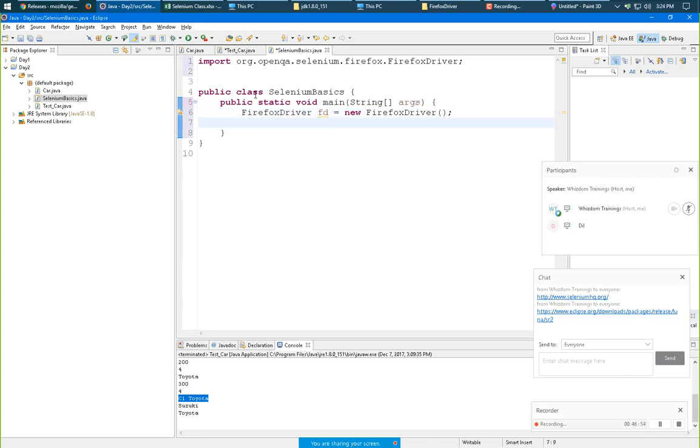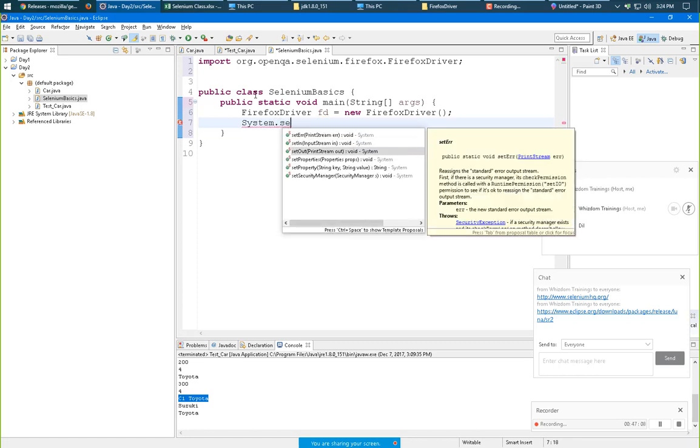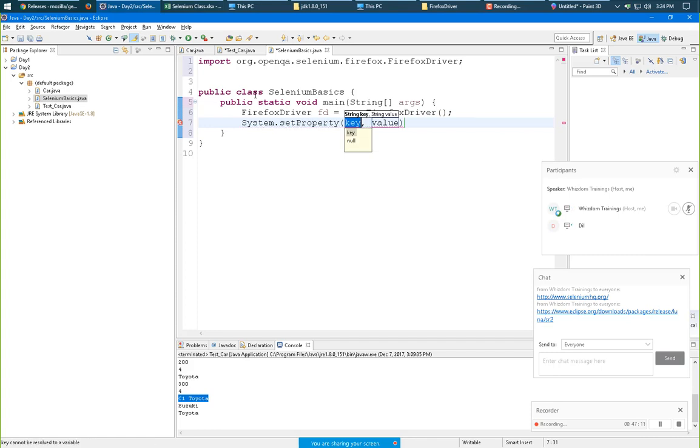Now we need to provide the driver. To do that we use System.setProperty. The key is webdriver.gecko.driver, and the value is the path of the driver.